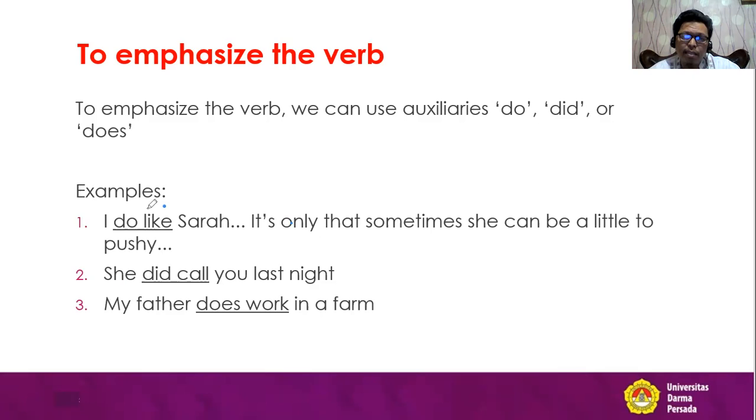is simple. We have like. You don't say, for example, liked in the past. Call. This is simple. You don't say she did called, for example. No, no. Maybe there is an argumentation, but here we have last night. So that means we are talking about past time. So it's supposed to be called. No, no. The structure says, because we got the word did, so it's okay for us to say,